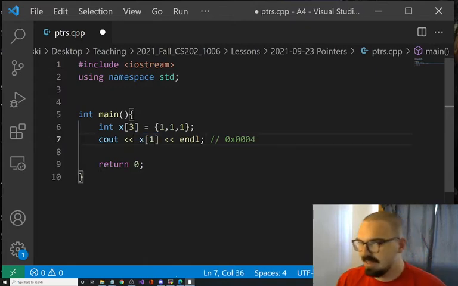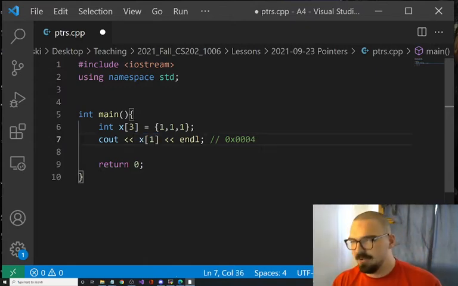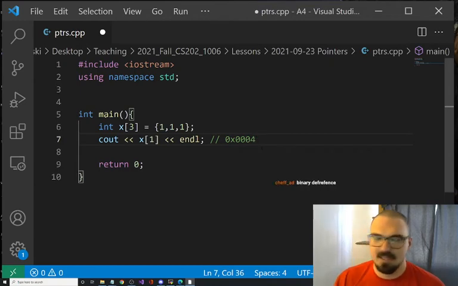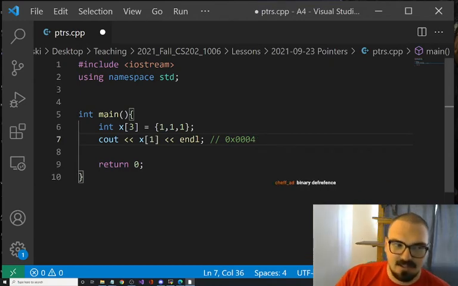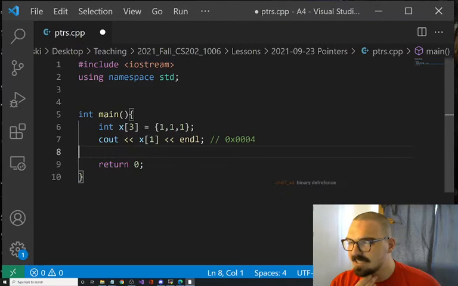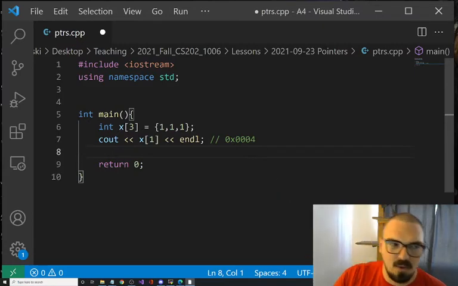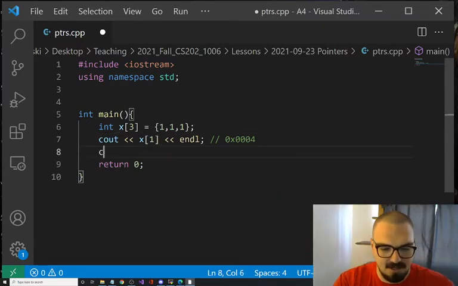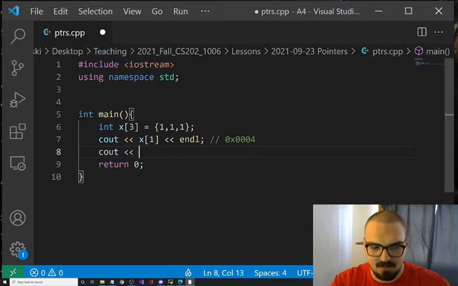Now, can anyone tell me what the equivalent of this is? And as I think Pig said last time, why would we do this? Well, there's really no reason. I just want you to know how this works. It is a binary dereference. What is the equivalent code for this? This is a test question that I'll ask you. I'll say, please access the first element in this array using 2 different methods. That's a test question I will ask you. So what is the equivalent of that, but not using the binary dereference operator, rather using the unary dereference operator, right?